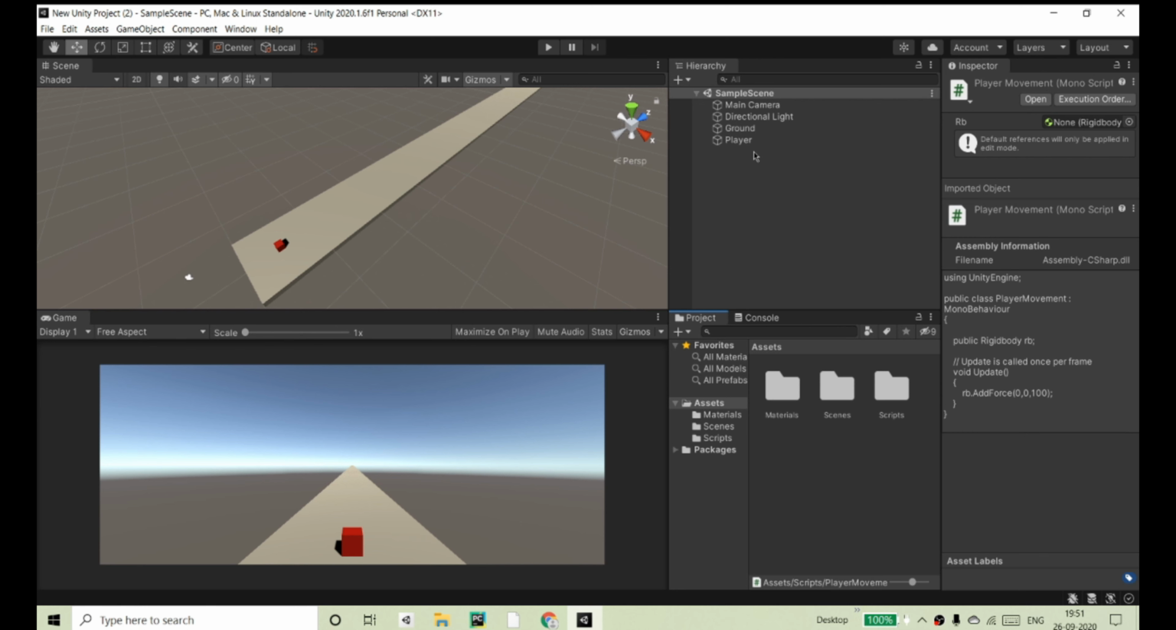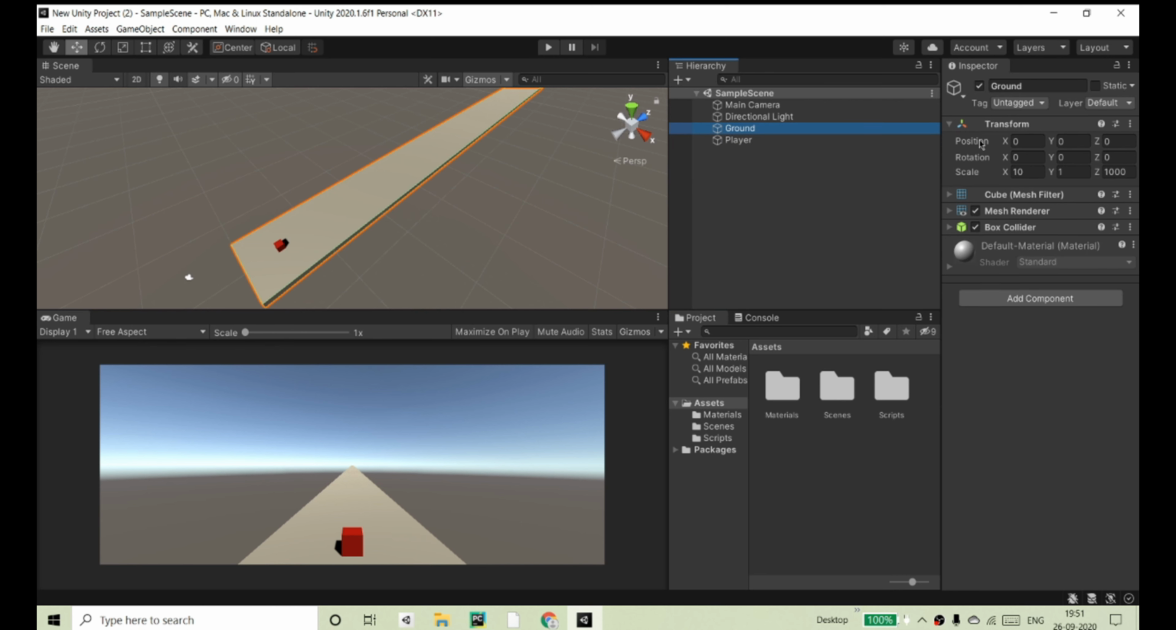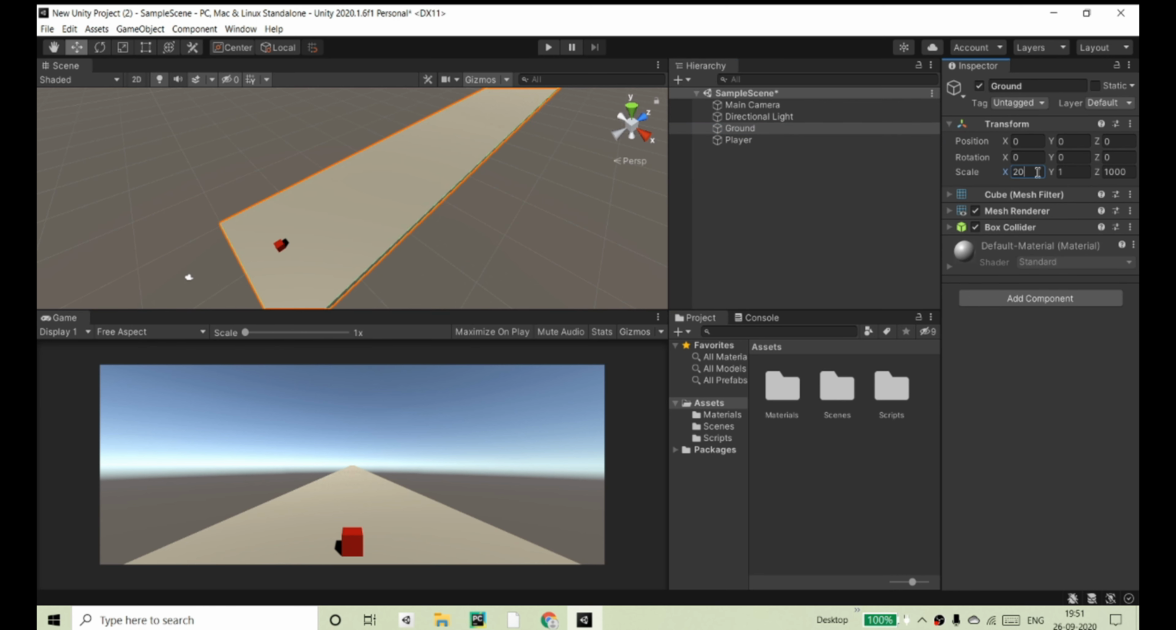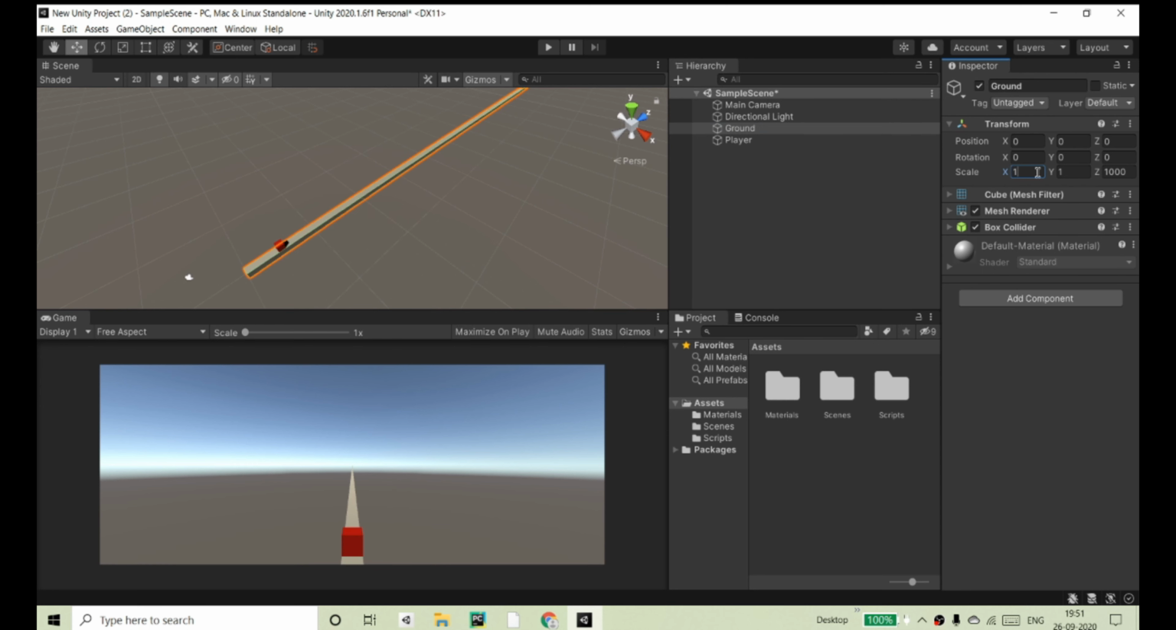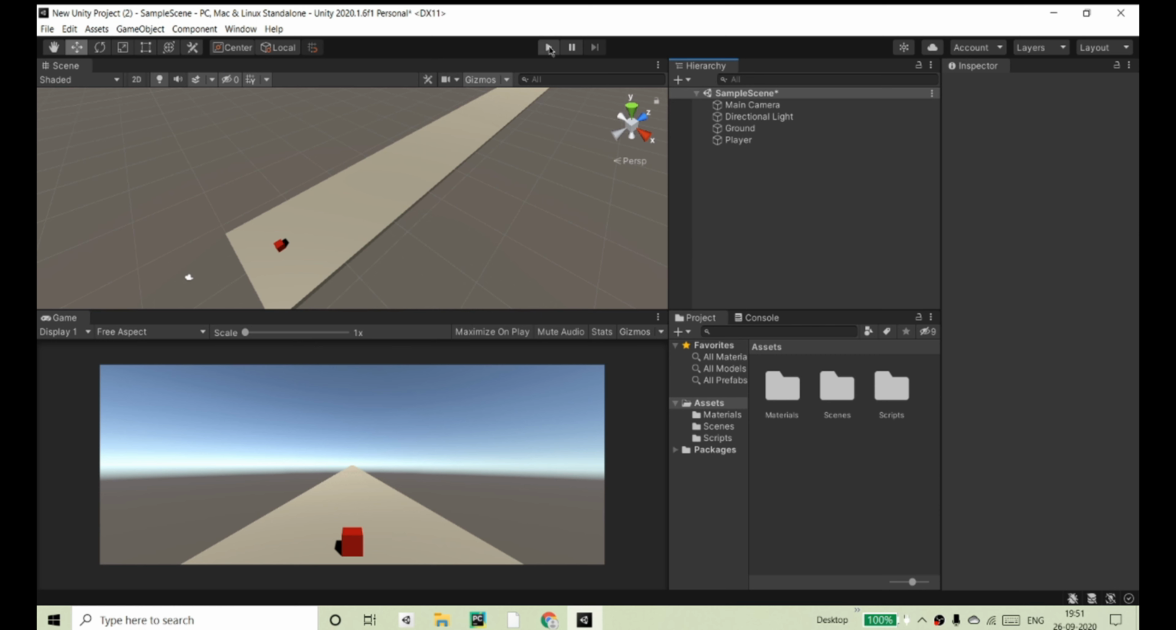Before I get started, I just want to make this a little bit bigger on the x-axis over here. I guess 20 should cut it. No, 15. Yep, I guess 15 is perfect. And now when we run this,